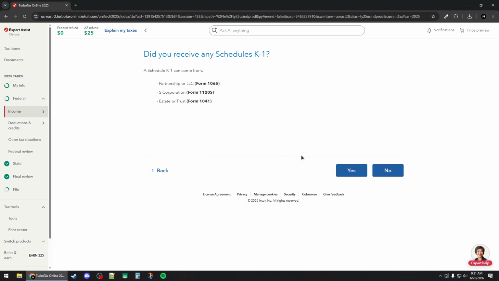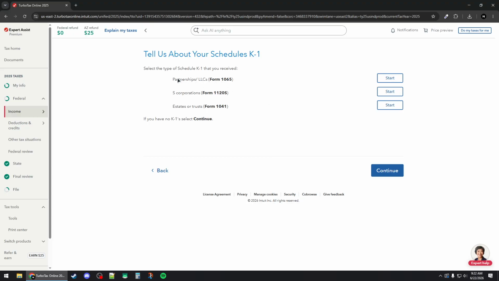You can choose the type of K-1 you received. Usually it can come from these options specified here. And then you can choose which option applies to you, or which one you received from these available options here,